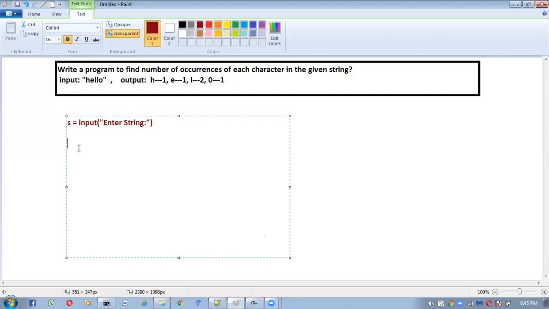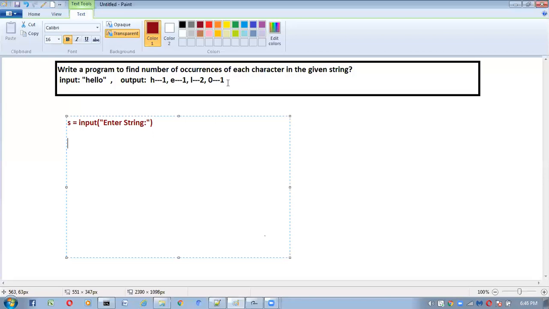Next, I want to display the output in this format. Here you can observe how the output looks: key value pairs. If you want to represent the data in the form of key value pairs, what do we have to use in Python?